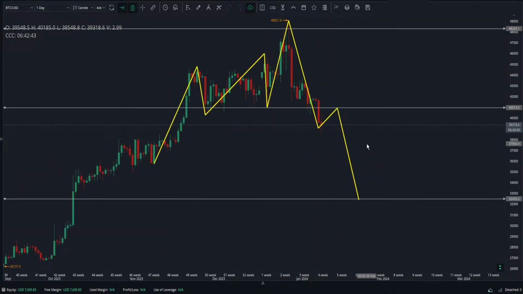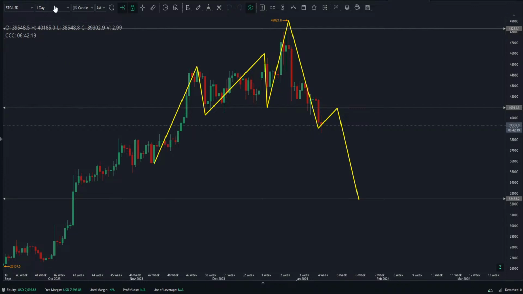Bitcoin finally started moving to the downside. Yes, from here if it rises, I think the sellers may push it below 40,914 again. So if you have not entered a sell trade till now and you want to enter sell, then you may find another opportunity around the 40,914 area. But your downside target at the max should be 32,433, where you will be looking at how the